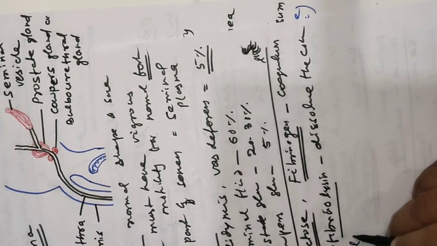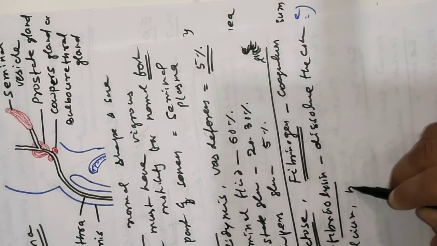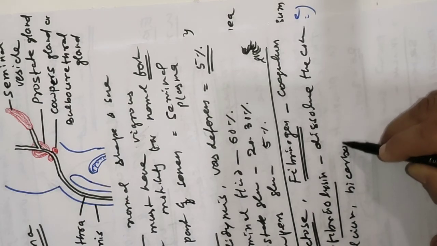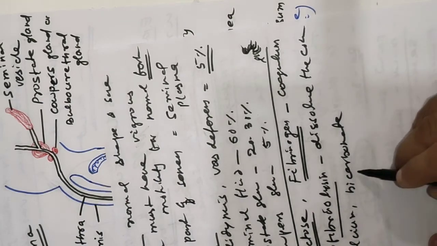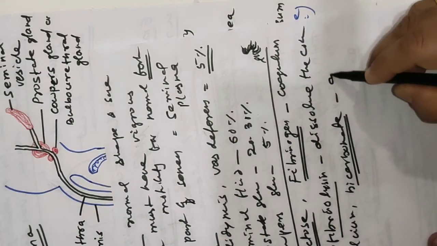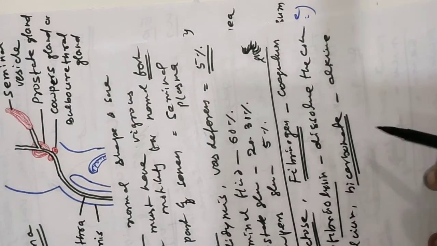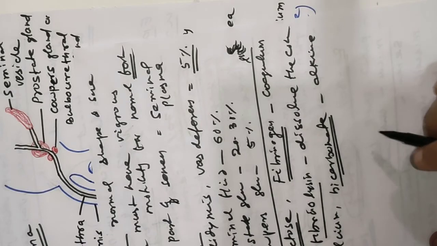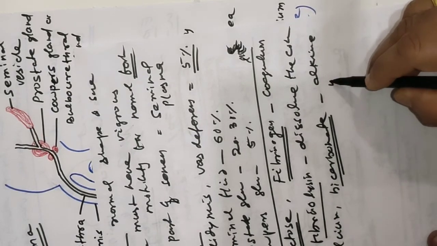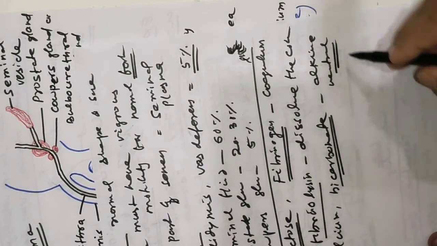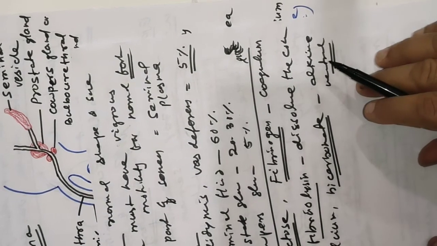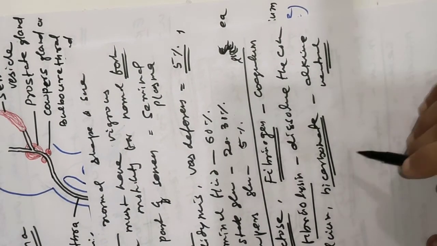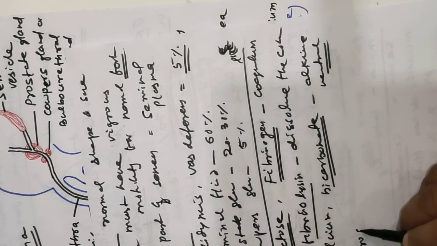The other component is calcium bicarbonate. The bicarbonate gives alkaline nature to the semen and also neutralizes the acidic content of the vagina or female genital tract. Prostaglandin